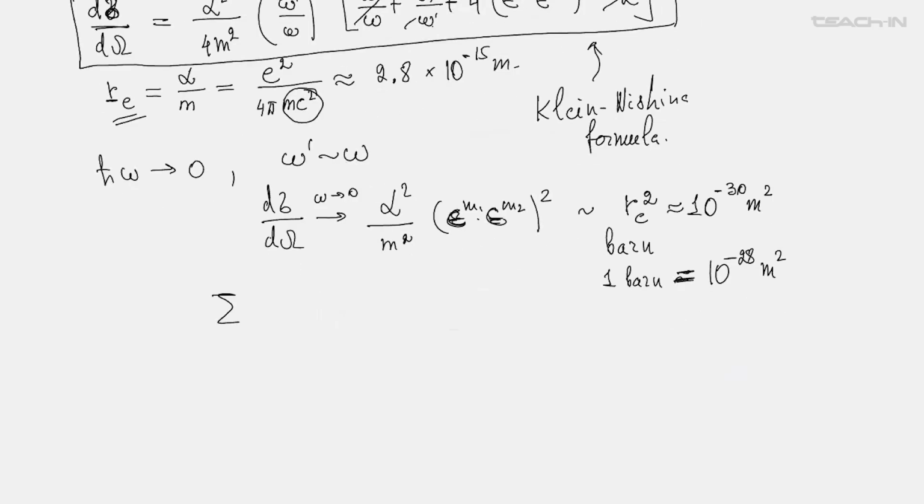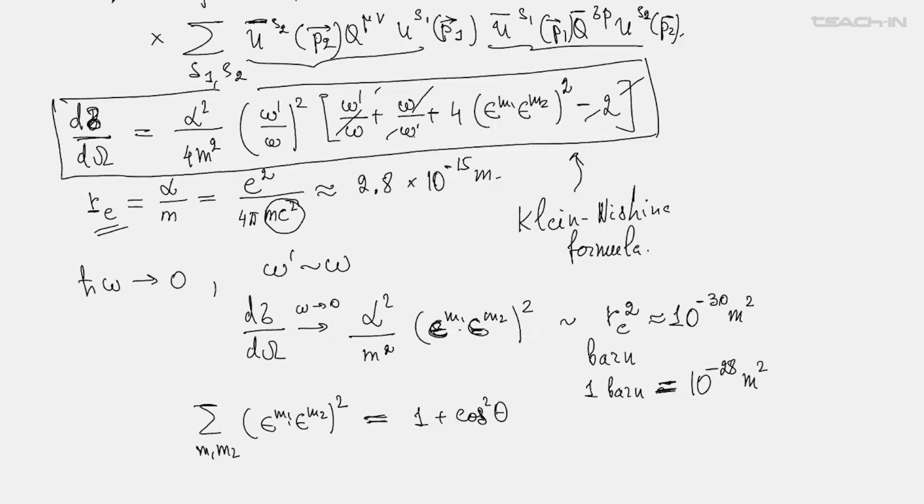This quantity, the product of polarizations summed up over polarizations, is simply 1 plus cosine squared theta, where again theta is the angle between incoming and outgoing photon. And so when you substitute it into this formula,